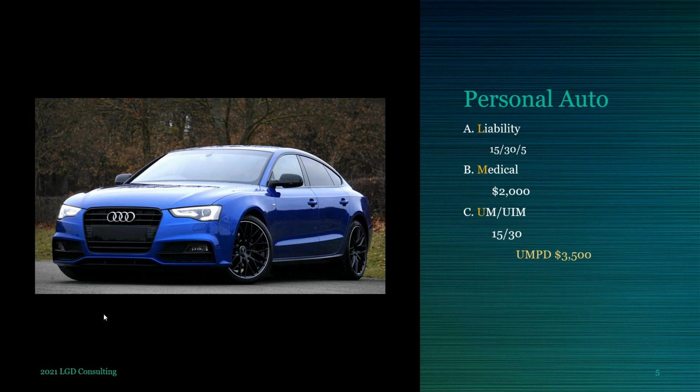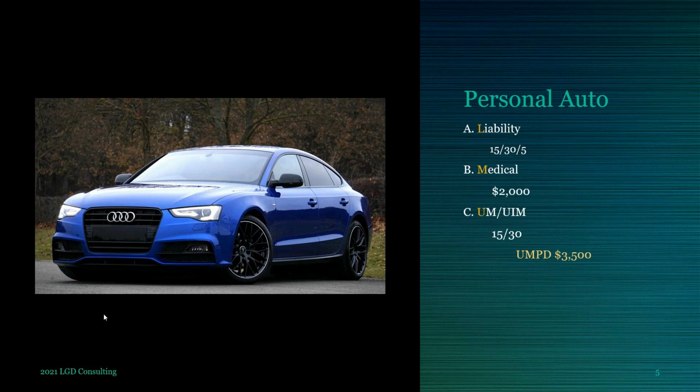So if you had a 12-passenger van, right, and you're driving the kids to maybe a Girl Scout nonprofit organization, and you get into an accident, it's your fault. This will pay $2,000 for each person who's injured in your vehicle. All right, you pay for the medical up to that $2,000, but it's only covering the medical. So if they're in a hospital, it's not going to pay lost wages like the liability would.